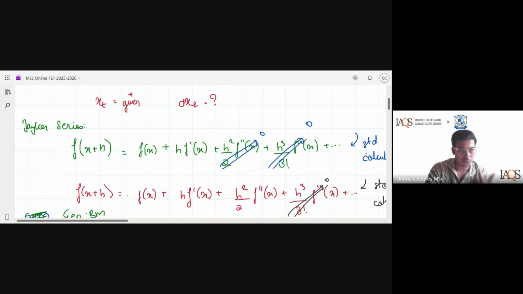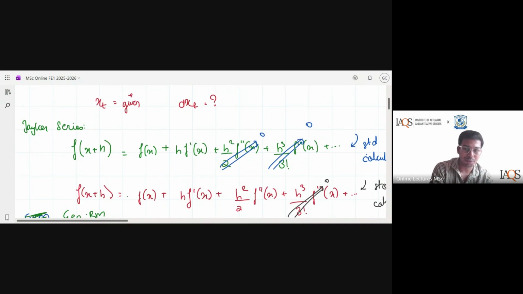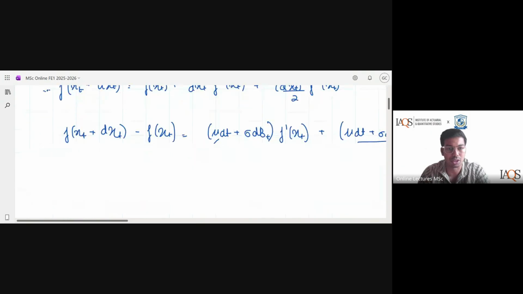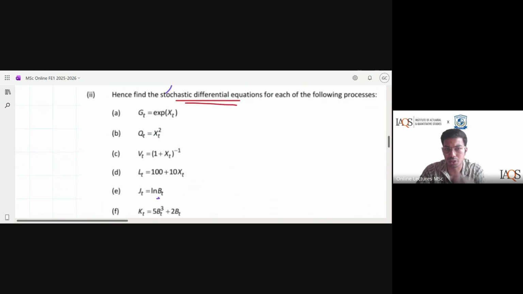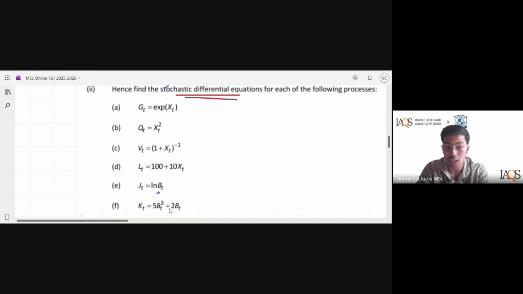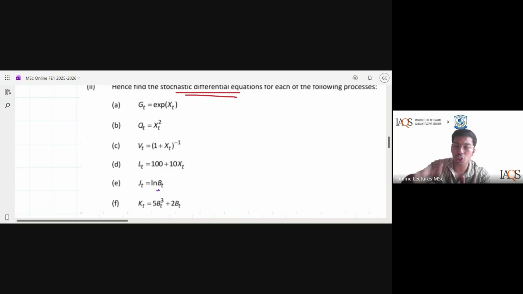For this, we derive the equation of single factor lemma. Now, what do I mean by single factor function, multi-factor function? All the questions, if you see the last lecture that we did, A to E, all of them had only one variable, which was some particular type of Brownian motion. There was nothing else in terms of the inner equation. In the question, over here I have just Xt, Bt or Bt. So irrespective of anything, the function or the Brownian motion or the process is just dependent on one particular Brownian motion. That is nothing but single factor function.